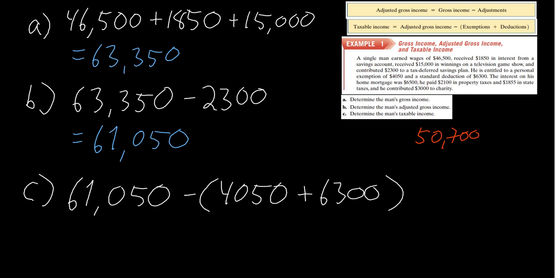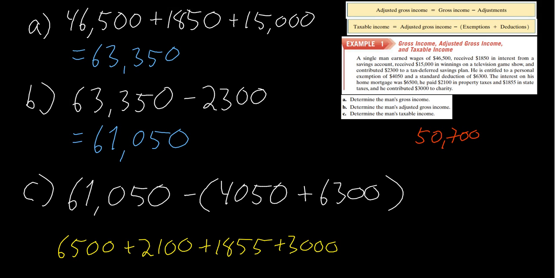And this fella, the interest on his home mortgage is 6,500. So let's put this down here in yellow. 6,500 is his interest on home mortgage. He paid 2,100 in property tax. Again, these are problems that I don't have, so I just do standard deduction. 1,855 in state taxes, so plus 1,855, and contributed 3,000 to charity, so plus 3,000 to charity. So all this adds up to,